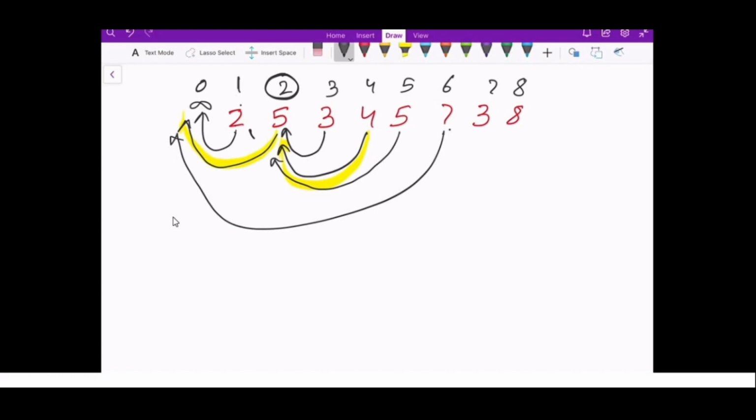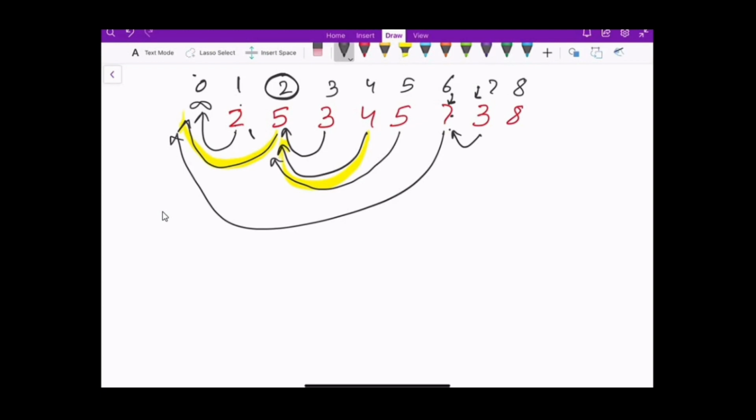Now we are at index 7. So the element is 3, and we will set L of 7 to 6, and 7 is actually greater, so this pointer will be directly set to 6. Again for 8, we will set L of 8 to 7. But this element at this index is 3, so we'll keep following the pointer. So we'll move to this index. Now this element 7 is actually again smaller, so we'll follow the pointer. So we'll reach index 0, and now we'll set this pointer here.